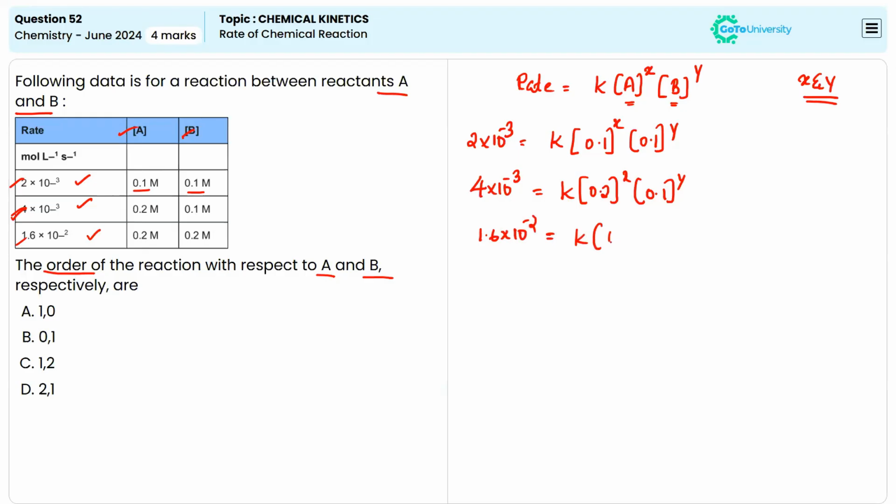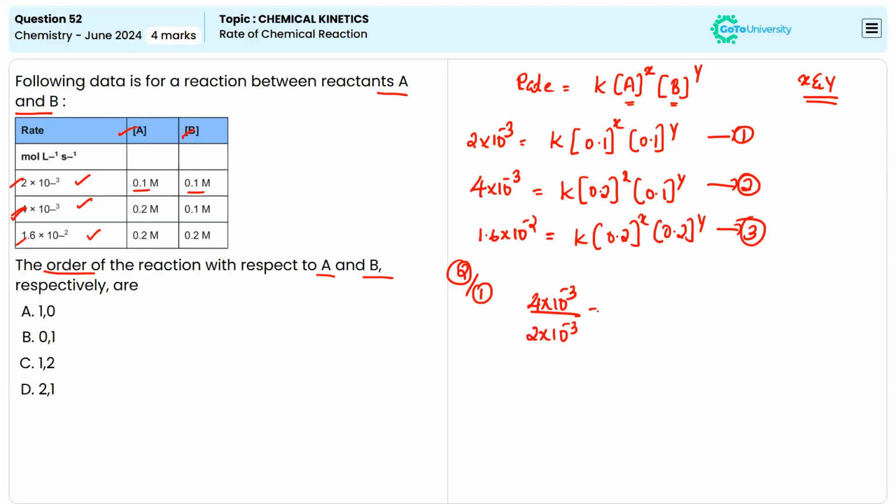Now for the third one I can write 1.6 times 10 to the power negative 2, k, 0.2 raised to X, 0.2 raised to Y. This is the first equation, second equation, third equation. Now I am taking 2 by 1. So I can write 4 times 10 to the power negative 3 divided by 2 times 10 to the power negative 3, that is equal to